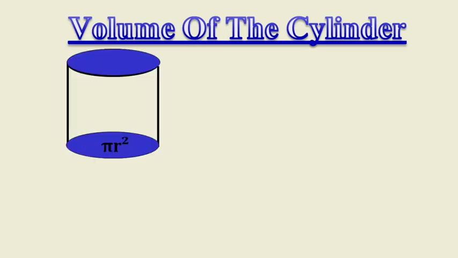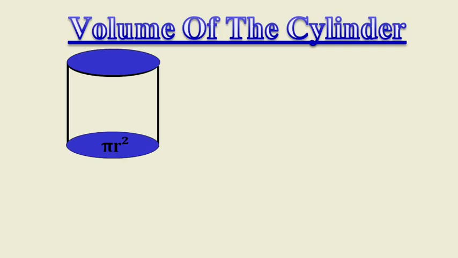Let us discuss volume of the cylinder. This is a cylinder, which is a regular shape, a regular object from bottom to top. Regular object means any three-dimensional object where the base surface area is same as top surface area of that object, whether it is in cuboidal shape, cube shape or cylindrical shape.